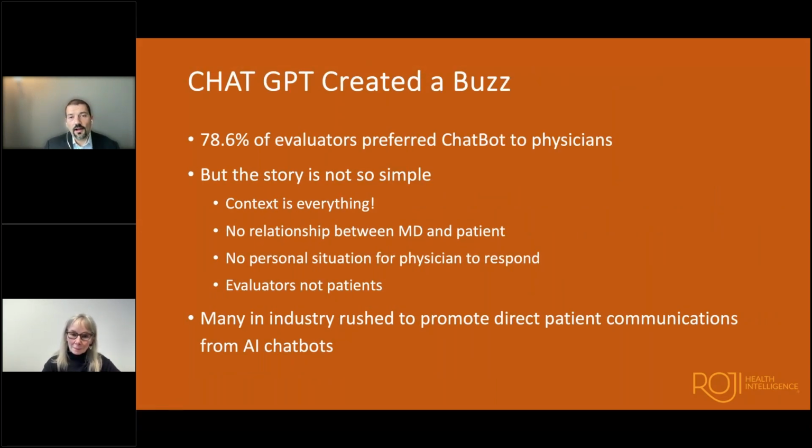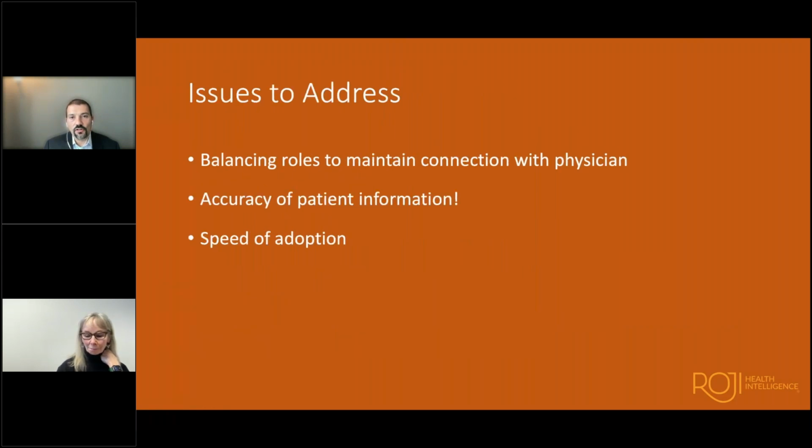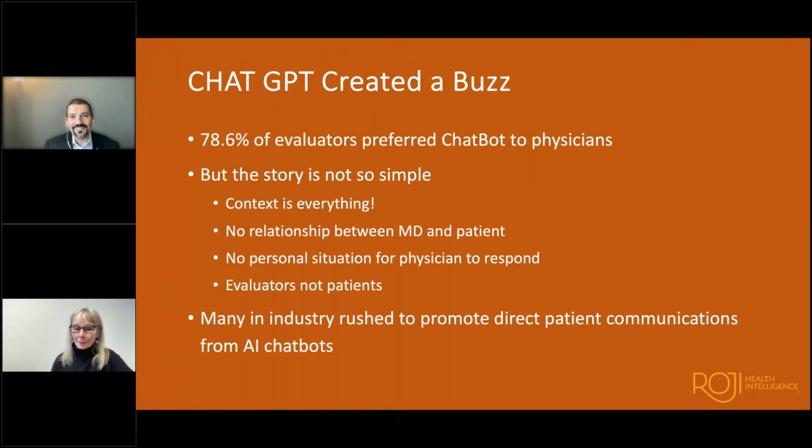One of the things that people will point out when they say, well, ACOs or other organizations should use this for patient communications, they cite a study by JAMA. Alas, it's stuck behind a paywall, but where ChatGPT was deployed. And it was a study that was set up based on a set of evaluators looking at a series of questions posted to, can we go back, Terry? I did. Thank you. Posted to clinicians on a website called Reddit, where it was a subreddit called Ask Docs,